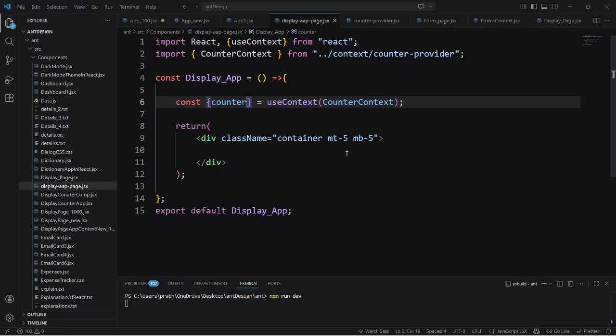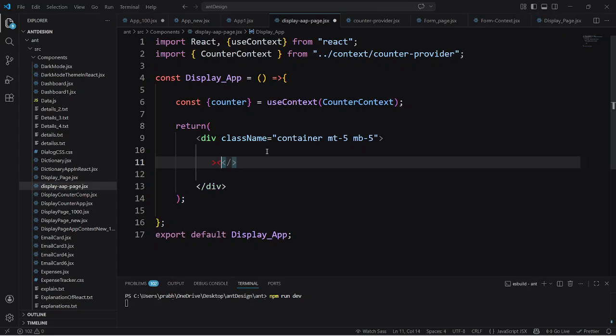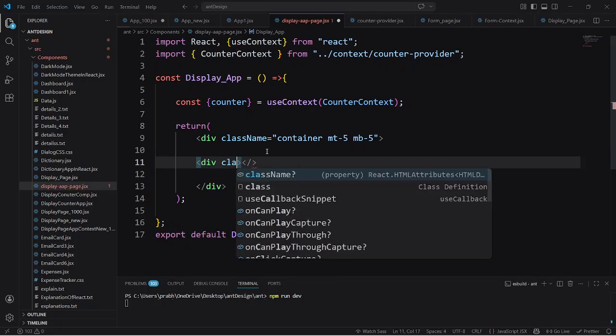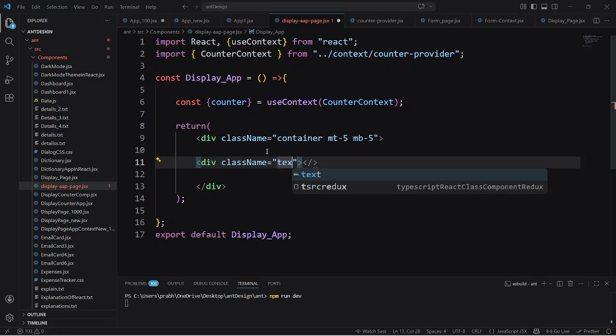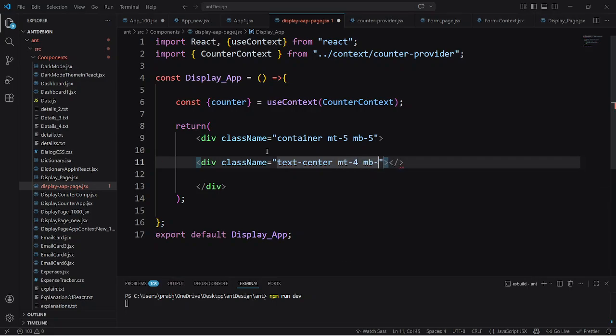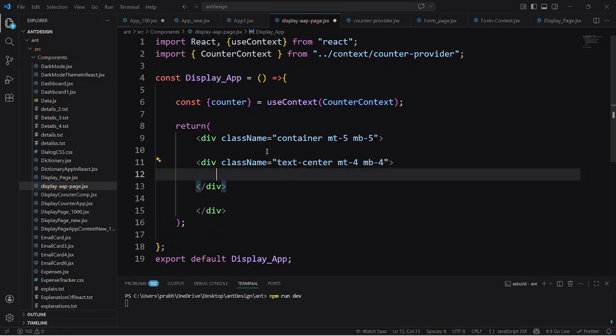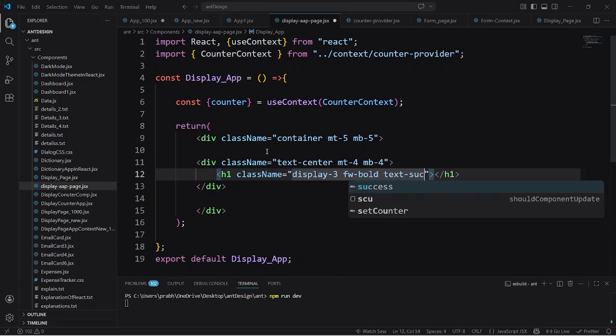This is it. And now first of all let me just create here one div very quickly. So let me give here text-center, and give here margin top 4, margin bottom also 4, and let's just close this div. Now inside this div I'm going to create here one h1 element, and I'll just give the class name as display-3, give font weight bold as well, give here text-success,